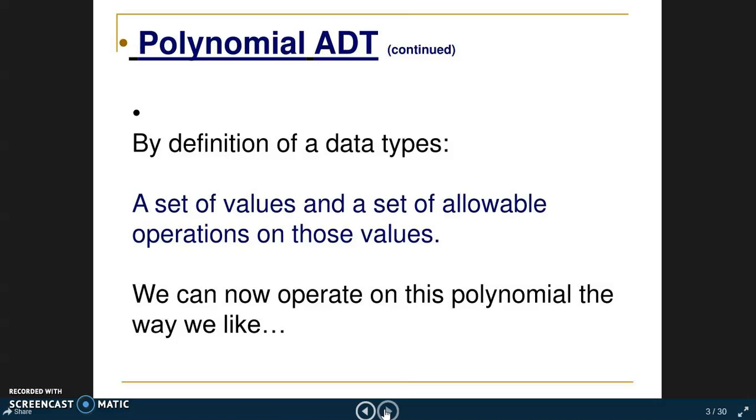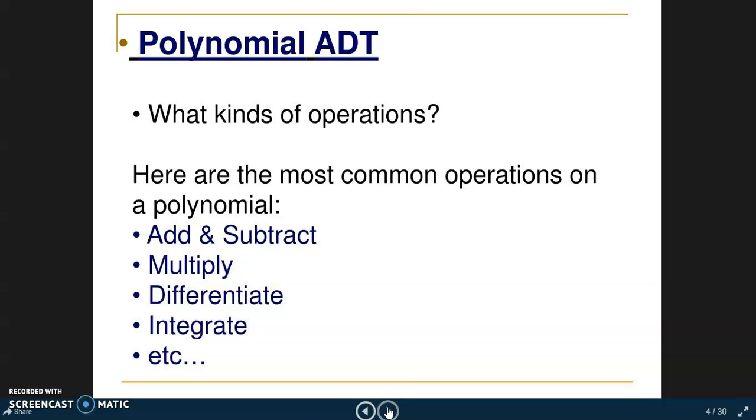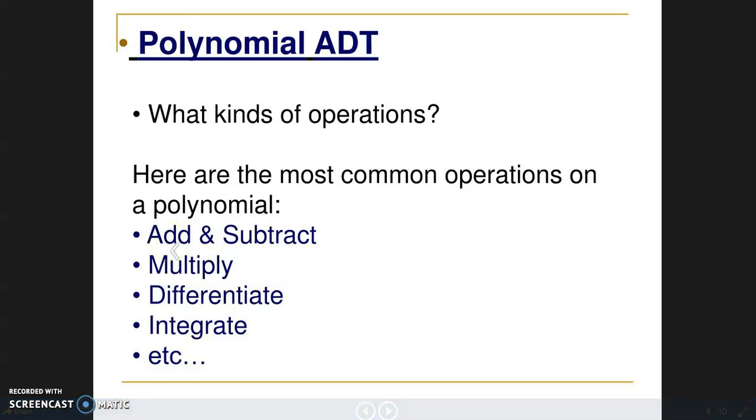The set of values allowed in polynomials are the exponent values and base values. With those exponent and base values, we can create polynomials. And on these polynomials, we can perform different operations. The general operations are addition, subtraction, multiplication, differentiation, integration, etc. For the time being, we will go for addition and multiplication. I will explain the addition today, and you need to complete the multiplication of polynomials.